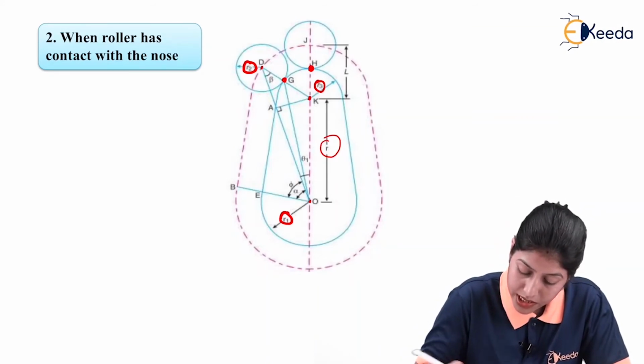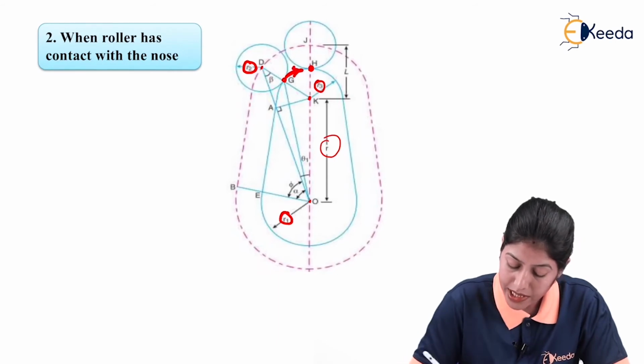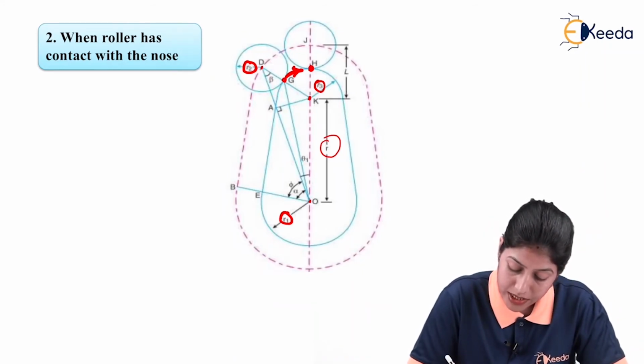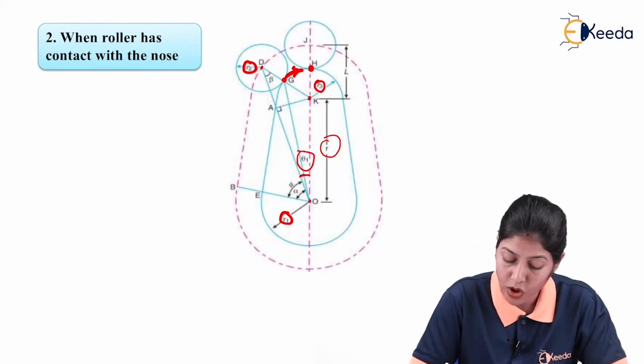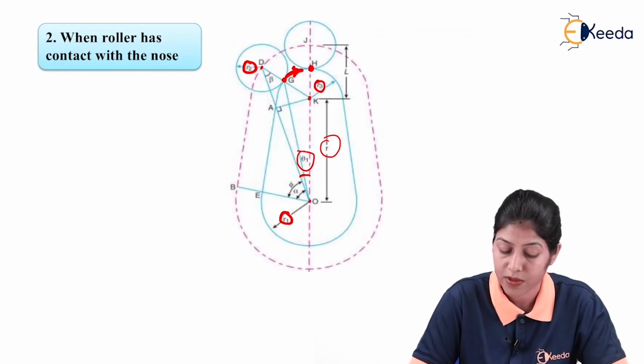So when this particular roller is at point G and after that it is moving toward point H, in that case the cam will also rotate through an angle. At that particular point, we are considering the angular displacement of the cam as theta 1, this particular angle theta 1. So because of this angular displacement of the cam, how can we define the displacement of the follower when the follower is in reciprocating motion?